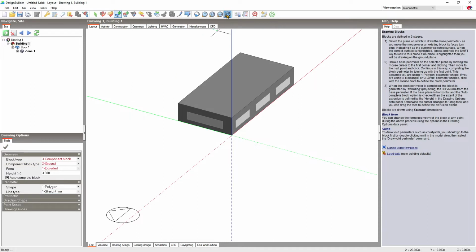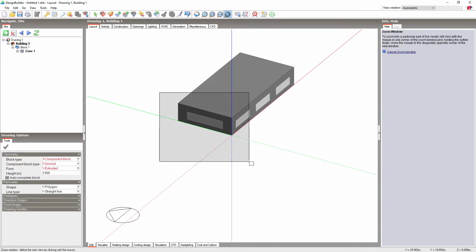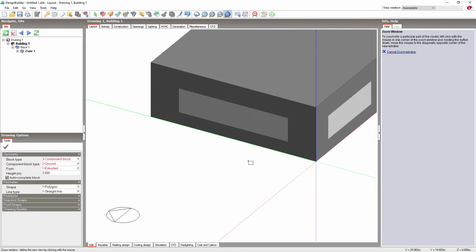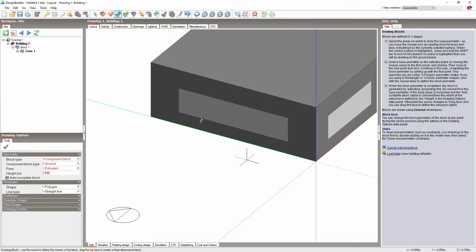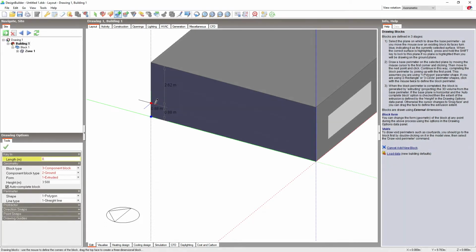Now zoom into the west wall to enable easy location of the end snap points. Cancel the zoom and hover the cursor onto the west wall until highlighted. Press and hold the Shift key and click on the endpoint snap on the bottom northwest corner. Keep the Shift key pressed and move the cursor vertically upwards along the edge. Release the Shift key and type the line height as 0.5 metres and press Enter to create the second